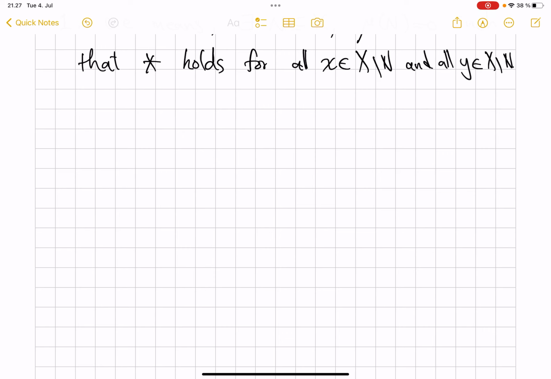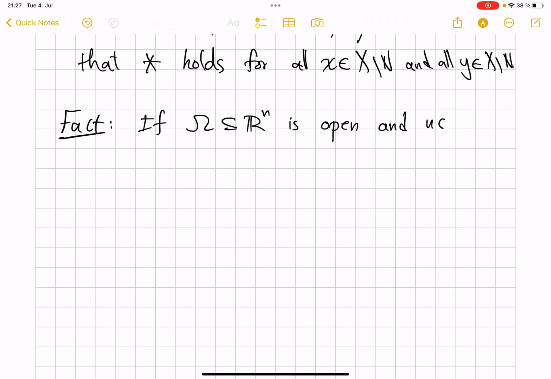The first observation is that if Omega inside R^n is open and u belongs to W^{1,p}(Omega), the classical Sobolev space defined through weak partial derivatives, then